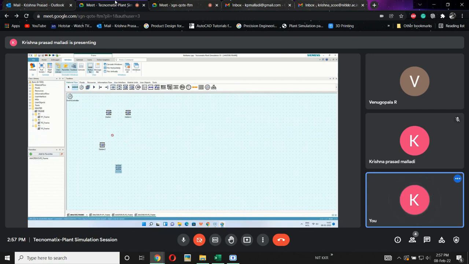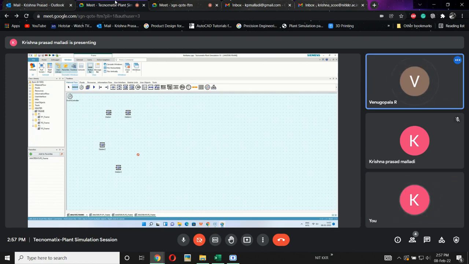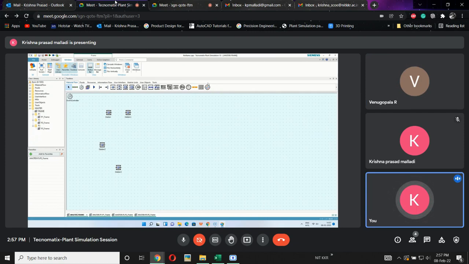Yes, see here, sir. I have clicked a connector symbol. If I click this one, there are written instructions. Left click to insert the object. Hold down the control key to insert multiple objects. Right click to cancel. It's like a guide in the status bar.